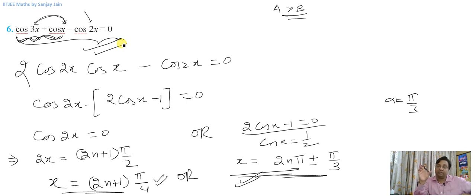But if, let us say, the question says you need to write values between 0 to 4 pi only, then we can write values using this expression here and this expression here, but we will not write common values twice. So if the question says find the number of solutions between minus 2 pi and 2 pi, then we will find solutions using this and this, and take out the common, write the common solution only once, right? So then the number of solutions will be counted.